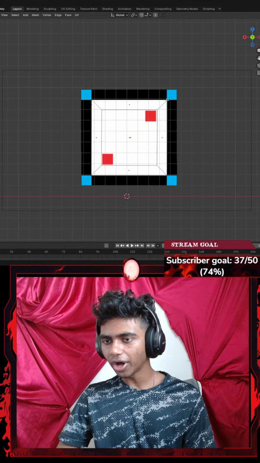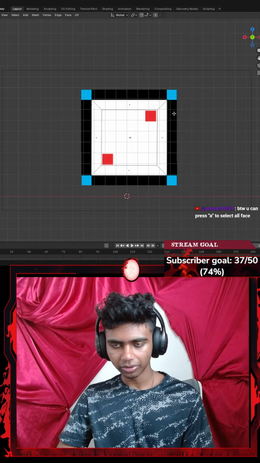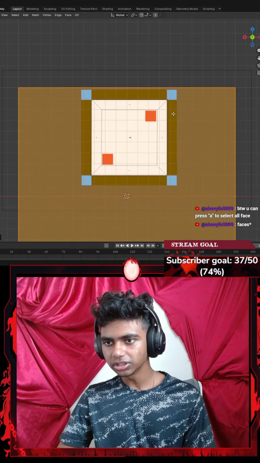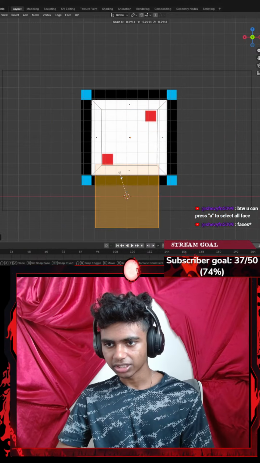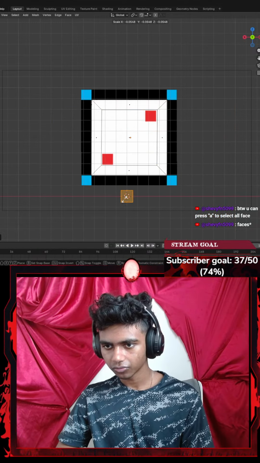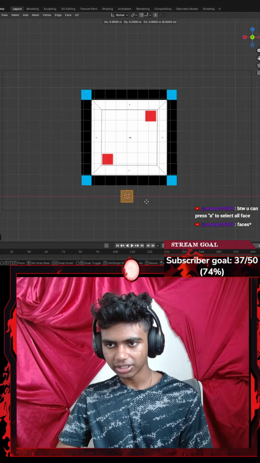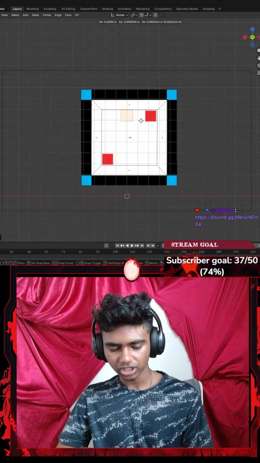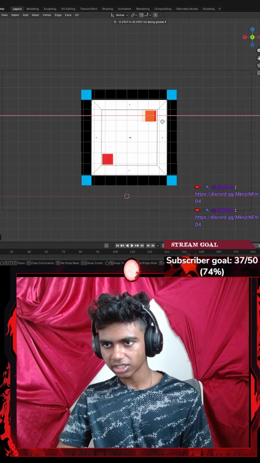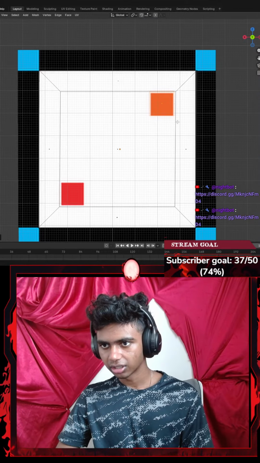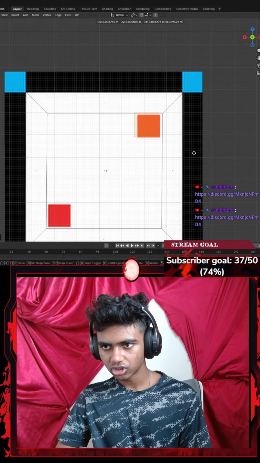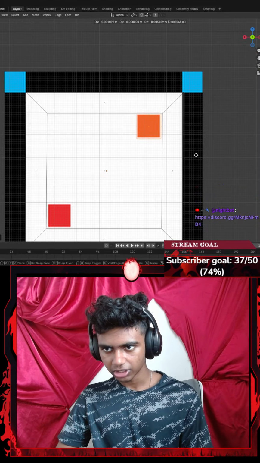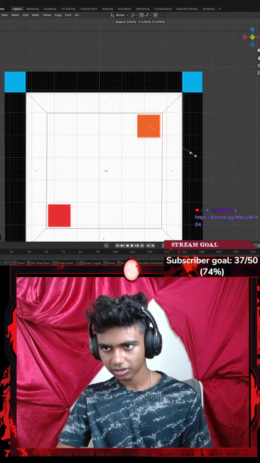Okay, that said, now I want to go ahead and add something up. So I'm going to go with something like Shift A. Let's go ahead and add a cube. Let's go ahead and decrease the size. There. Okay, I'm going to go with something like G Z to get myself a bit higher. And then I'm going to go to the right, G X. There. Okay, let's go with something like G to get me a bit here. And then I'm going to hit S.